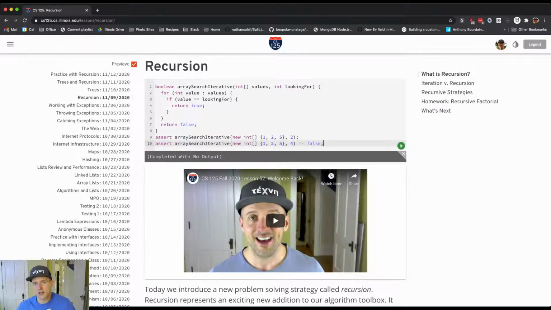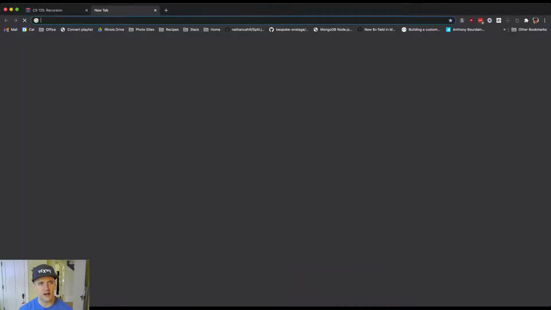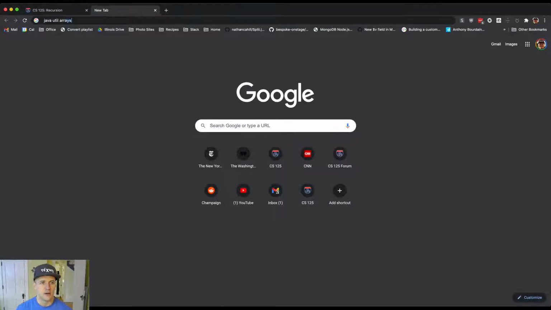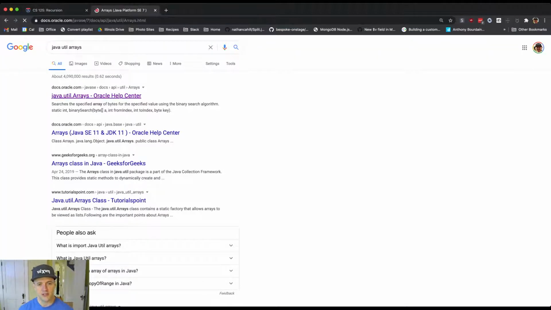With the tree, which we'll talk about tomorrow, the pattern is usually for each node in the tree, we look at its children. So each one of its children represents the root of a smaller tree, and so that's how we make the problem smaller. With an array, typically we're going to make the problem smaller by looking at a smaller array. Okay, to do this, I actually am going to have to brush up on my java.util.Arrays,